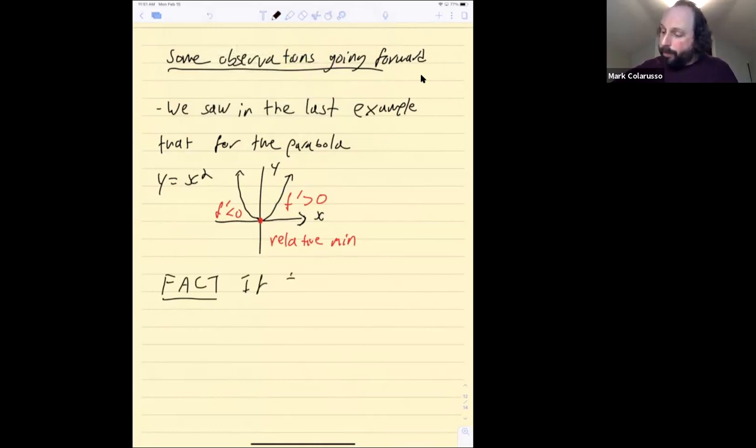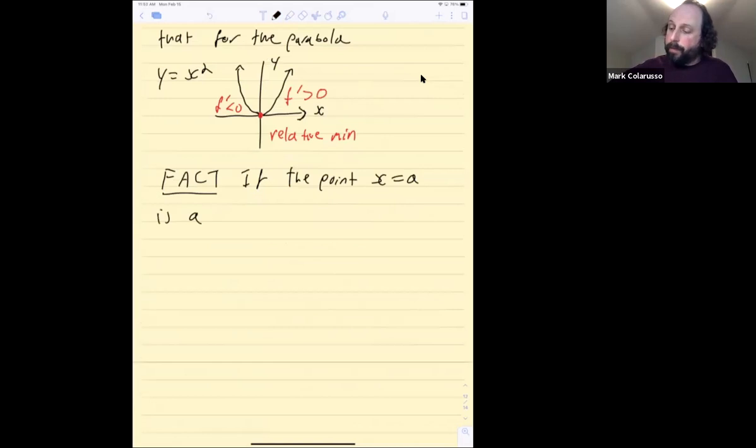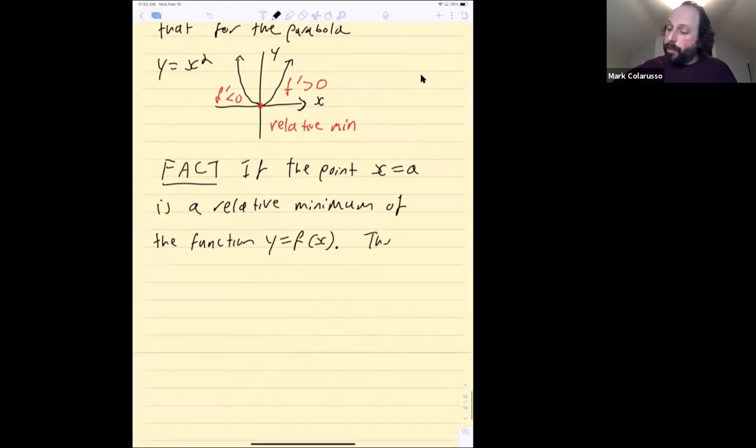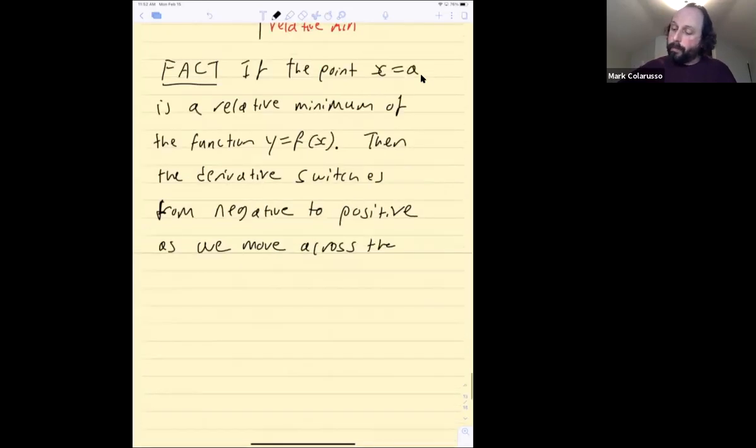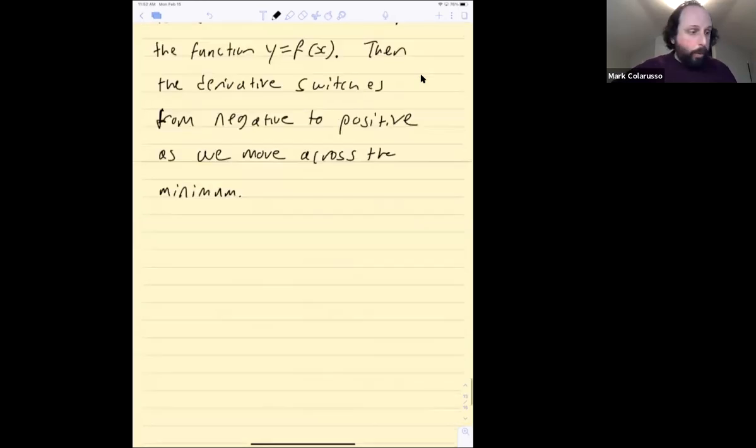If the point x equals a is a relative minimum of the function, sorry, y equals f of x, then the derivative switches from negative to positive as we move across the minimum. More precisely,